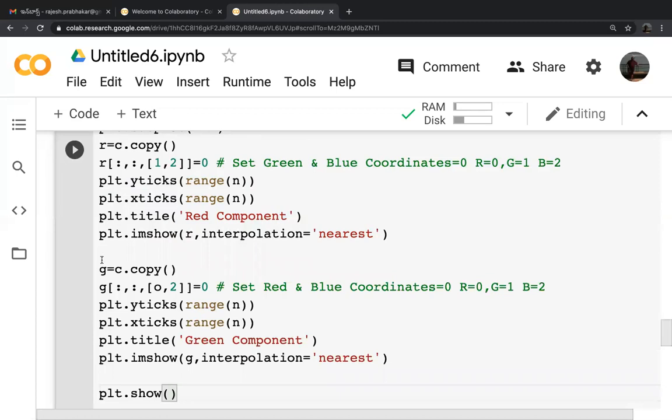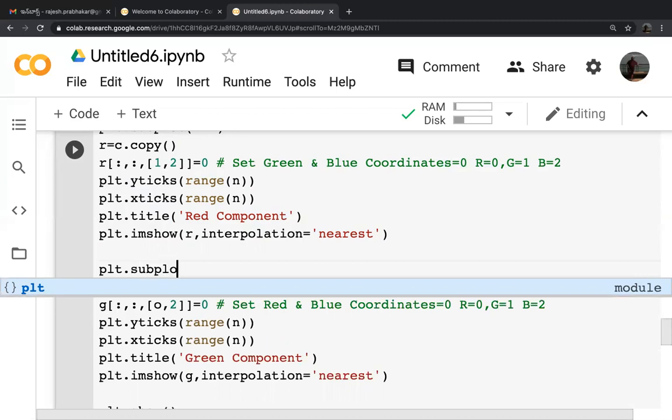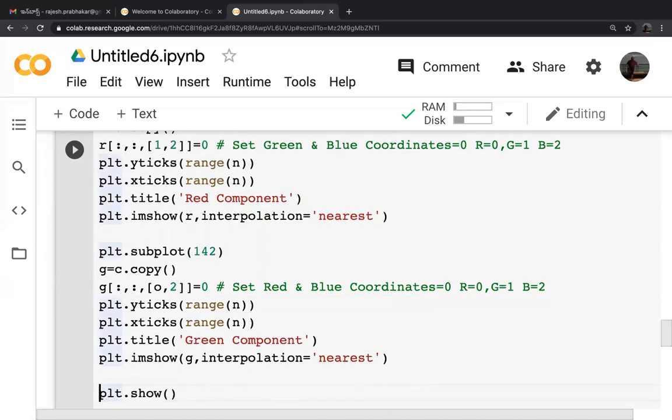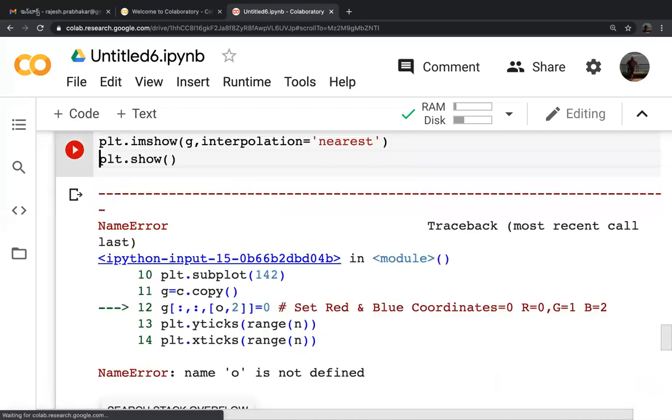We have to give the plt.subplot command also, that is important. plt.subplot(142), and then run plt.show(). Oh, I made a mistake somewhere.